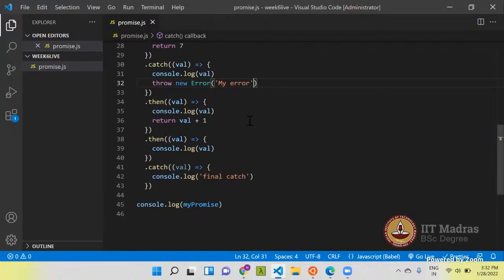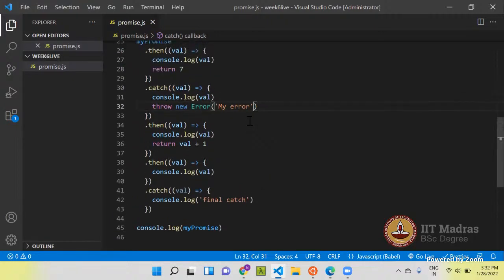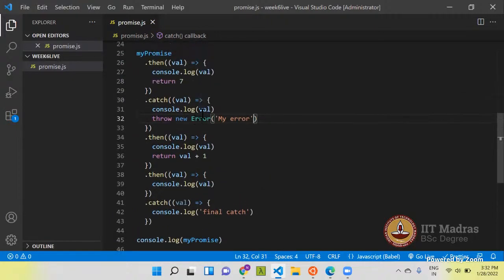If we throw an error, then what is the use of the first catch? We are printing the value with which this promise gets rejected.